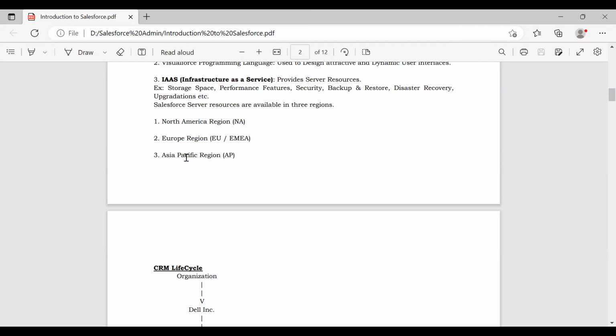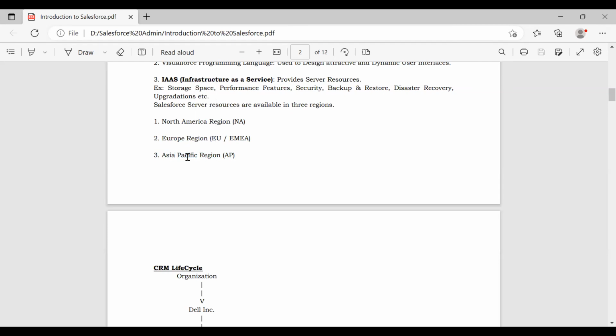that particular region. So what are the different editions of Salesforce? All that we will be discussing later. These are the 3 regions where Salesforce is maintaining servers throughout the world. Upon creating your Salesforce account, it will allocate memory for you in a particular server in any of these 3 regions, depending upon the country from where you are logging into your application. Suppose you specify the country name as India, it is going to allocate memory space for you in one particular server in the Asia Pacific region.